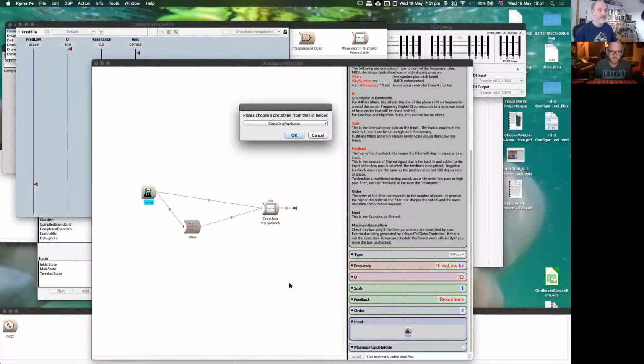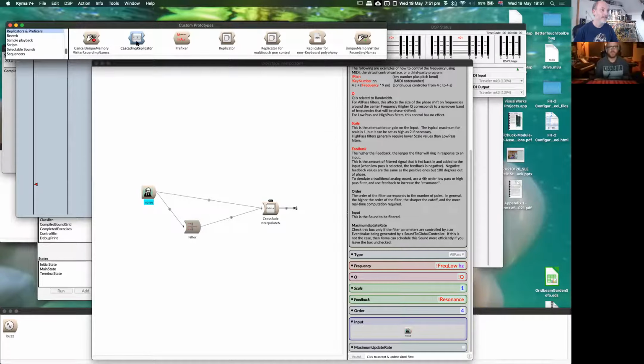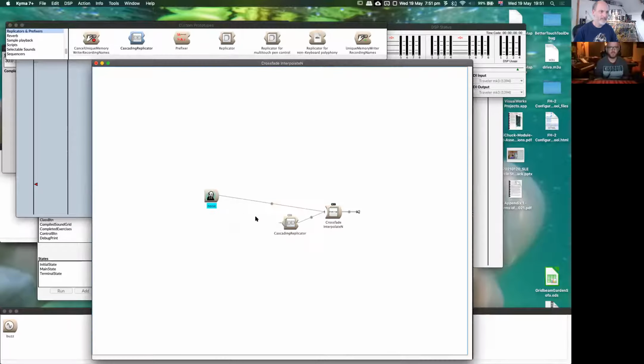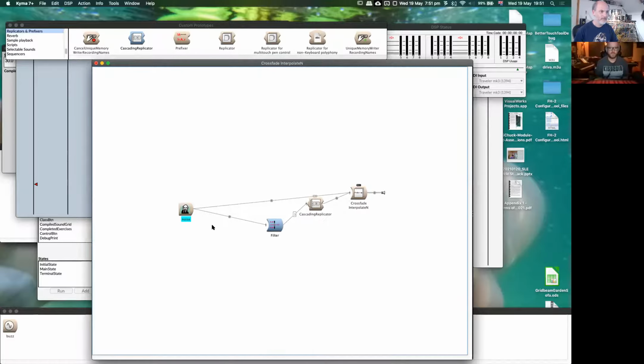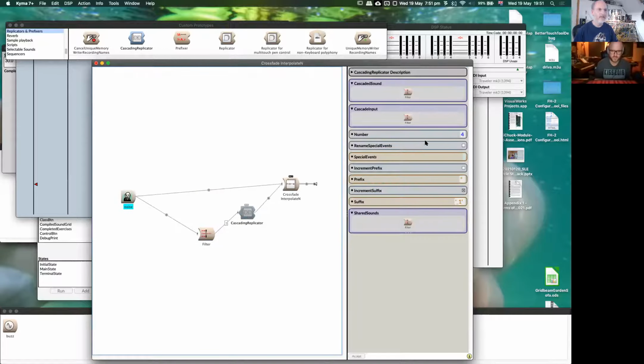I'm going to get a cascading replicator. Now this might be just the same as... I'll delete all this stuff out. So we're going to cascade. You're just highlighting and pressing backspace on that stuff, right? I am, yeah. Just losing it. Okay. And we've got 4 iterations. So the cascade input should be this one, I think, if I remember right how this one works. And the shared sound is that.